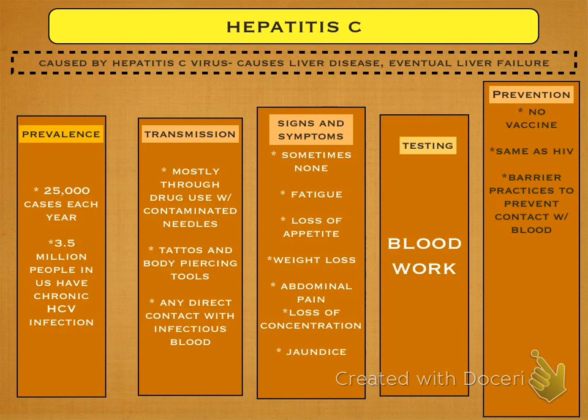Barriers, again, against blood. This is your gloves. We're going to talk more about that. Again, avoid IV drug use, and do not share. Now, here's the thing about hepatitis B and C. You're talking blood to blood, but it's different from HIV. There's only 4 ways to get HIV. With hepatitis, if you were to use someone else's toothbrush, and I know it's gross and nobody would do it, but who knows, you brush your teeth, your gums bleed, their gums bleed, that blood is passed.